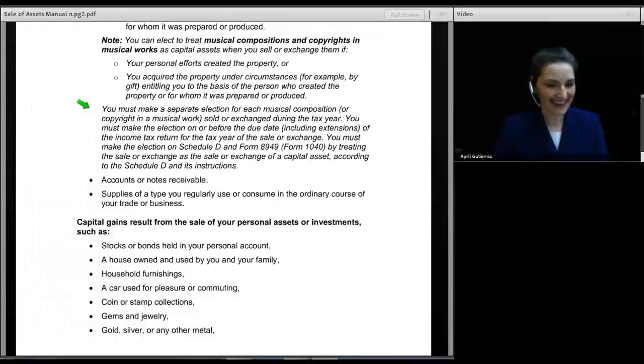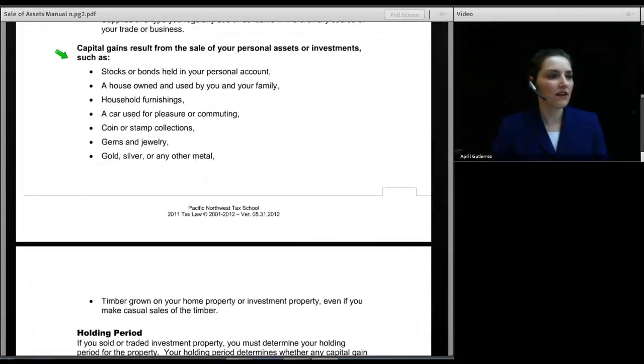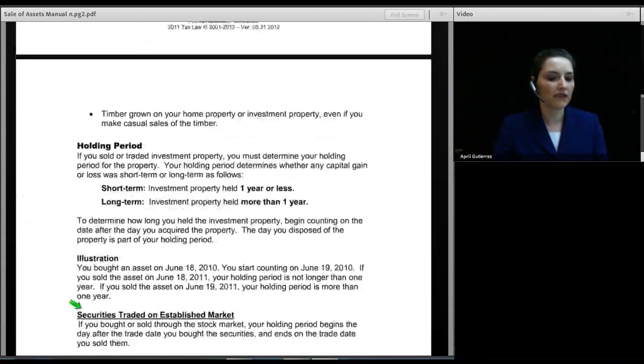I don't know. Now, accounts or notes receivable are also not capital assets, and supplies of a type you regularly use or consume in the ordinary course of your trade or business are not capital assets. So let's look at the types of things that are capital assets that would result in a capital gain if you sell them. Capital gains result from the sale of your personal assets or investments, from things like stocks or bonds held in your personal account, a house owned and used by you and your family, household furnishings, a car used for pleasure or commuting, coin or stamp collections, gems and jewelry, gold, silver, or any other metal,